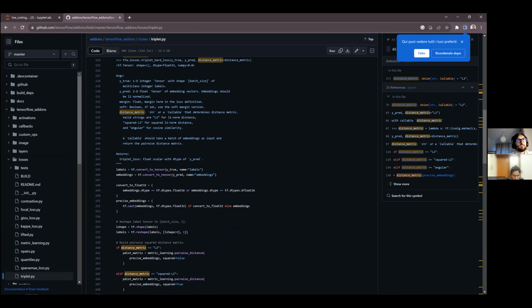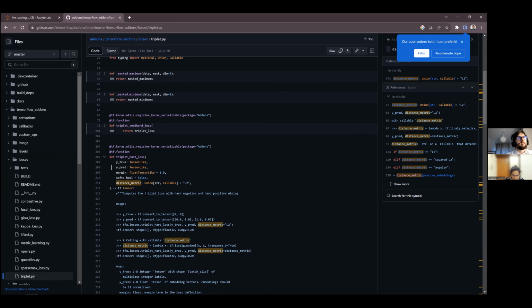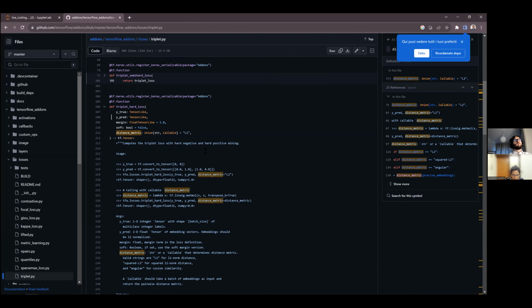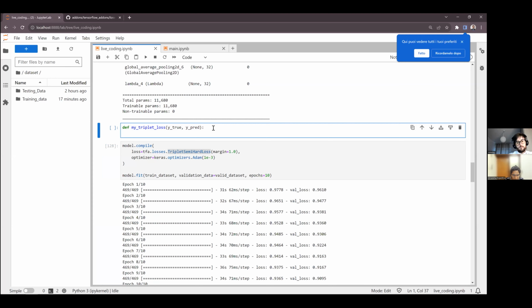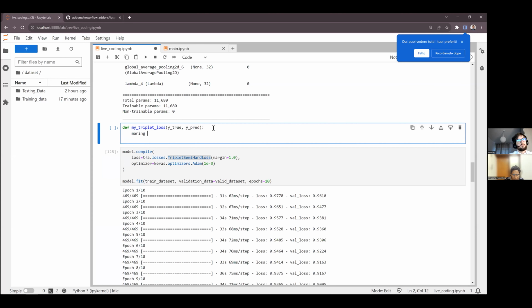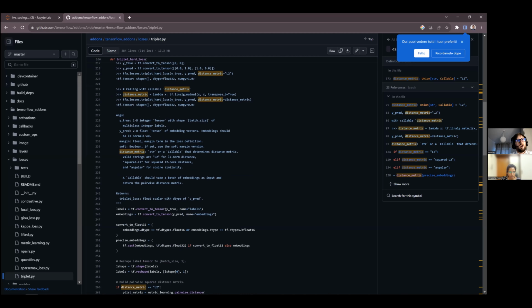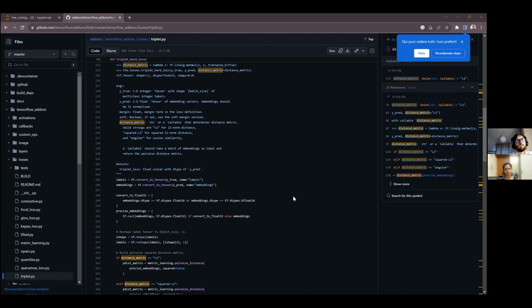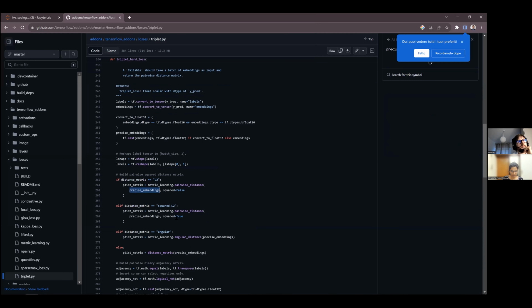Okay, let's see. For example, there is the hard loss. We have the y true, the y pred, the margin. So let's define also the margin. Say it was something like 1, and the distance metric. Okay, I don't remember how it should be put in precise embeddings.